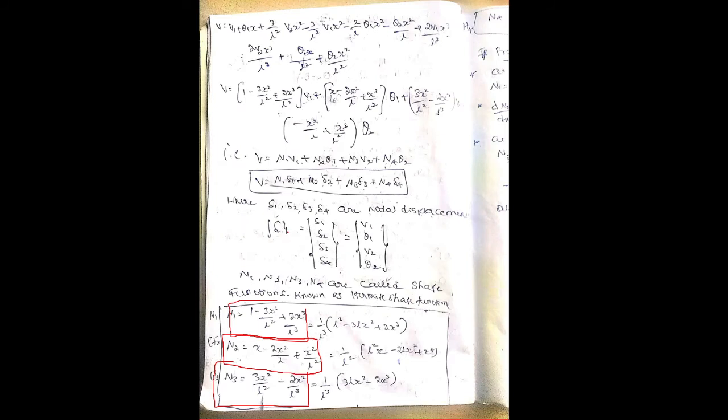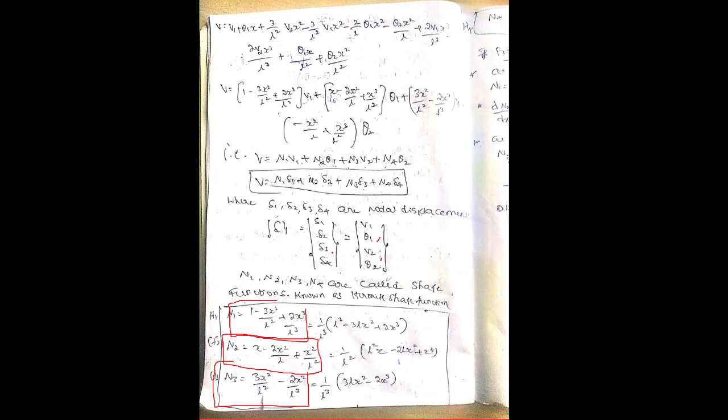Next, the nodal displacement vector delta equal to delta 1, delta 2, delta 3, delta 4. That is equal to v1, theta 1, v2, theta 2. So here we are not going to use q. In the entire problem, for the nodal displacement vector we are going to use delta. So in place of q1, q2, q3, q4, we are going to use v1, theta 1, v2, theta 2, v3, theta 3, like that. Those are the notations we are going to use here.